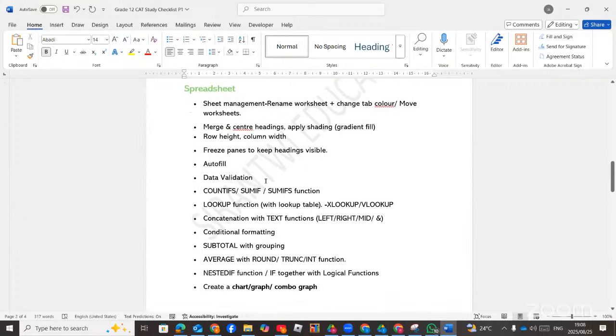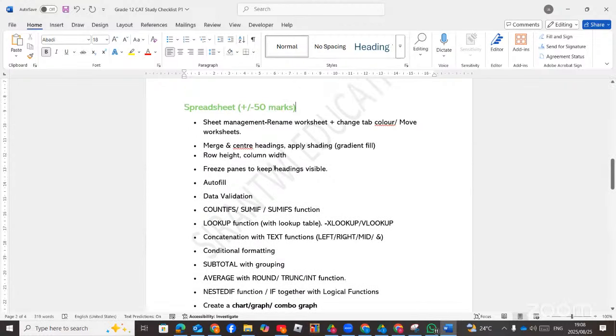Then spreadsheet, what is expected for spreadsheet? Spreadsheet also, the total mark is plus or minus 50 altogether. And that is question 3, 4, and 7 also. First one is the sheet tab, sheet management, renaming sheet, changing the tab color, moving sheet, protecting sheet, and then